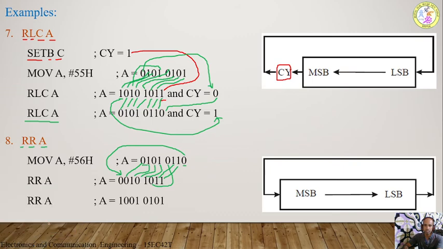Again, you consider LSB. So this is the LSB bit. I will take the LSB bit, and this LSB will go to the MSB position, and all the bits are shifted or rotated towards the right side by one time. So when you rotate all the bits towards right by one time, you are going to get this data. This is how we can do the rotate right operation without carry. Carry is not considered here.